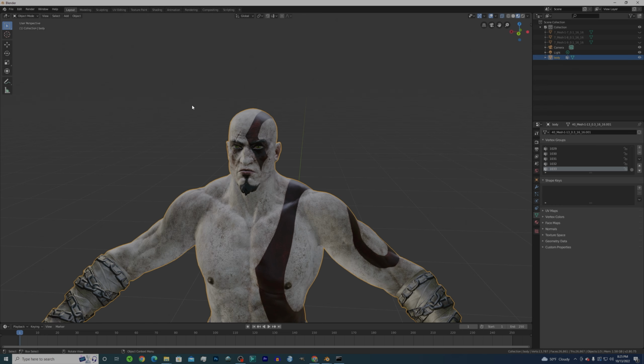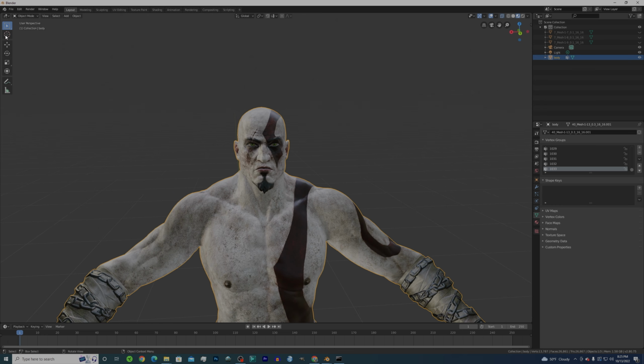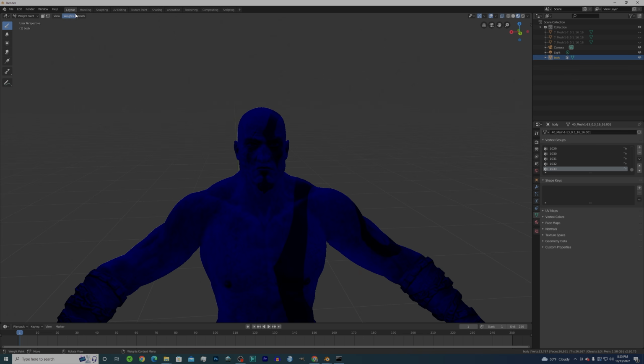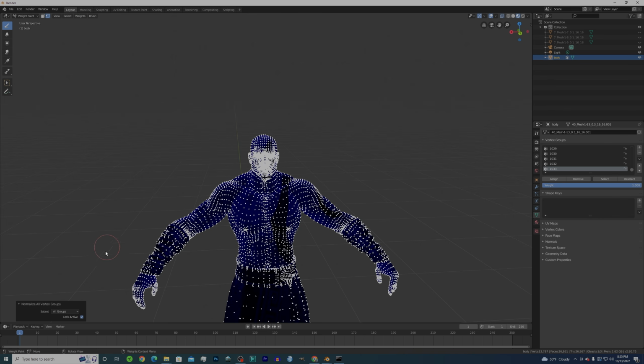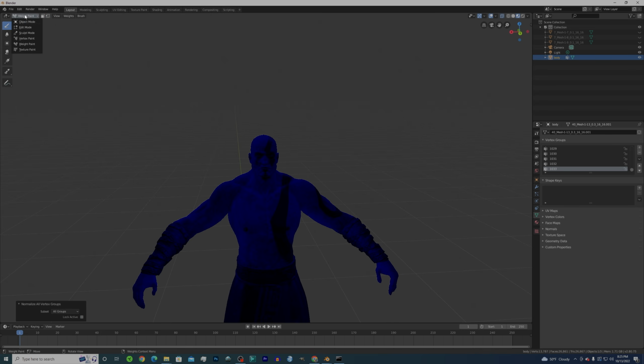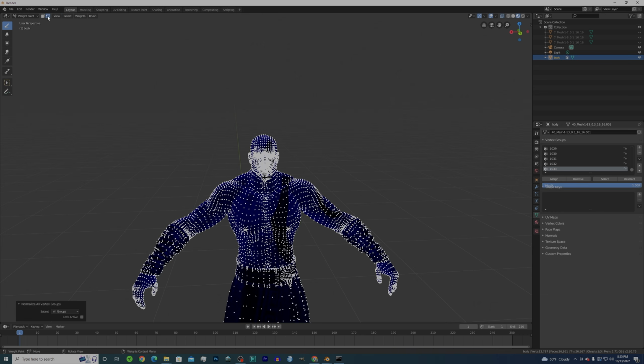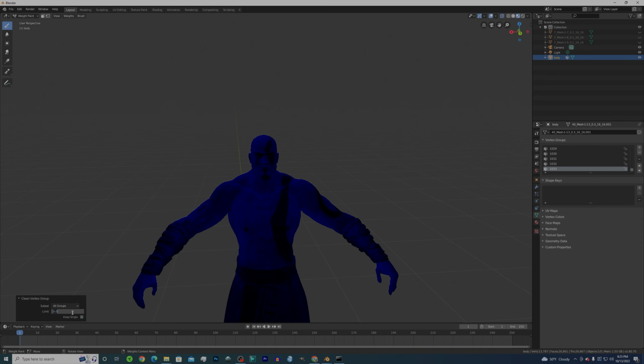Now, yeah, you have to fix the weights. For stuff like this, just go to weights, normalize all, push lock active. You're gonna have to go back in, so push weight paint, normalize all, just like that. So, yep. Then go to clean. I clean all the groups by 0.05 for